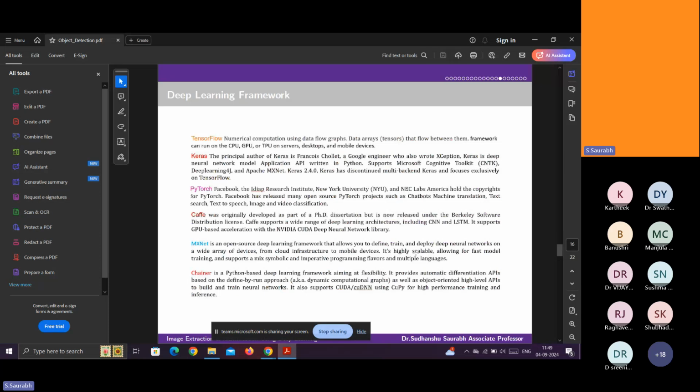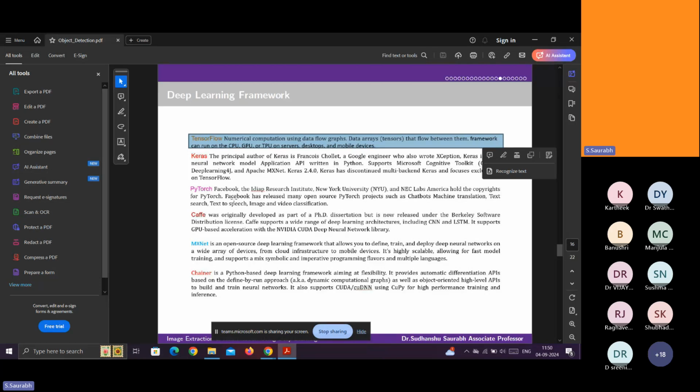Nowadays there is so much use because TensorFlow is a Google framework. Google gave this framework. That's why it is used by many programmers. And Keras is also open source, used by many programmers. Both Keras and TensorFlow are combined.